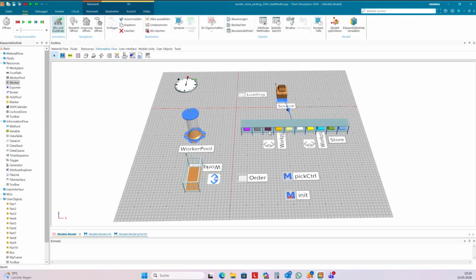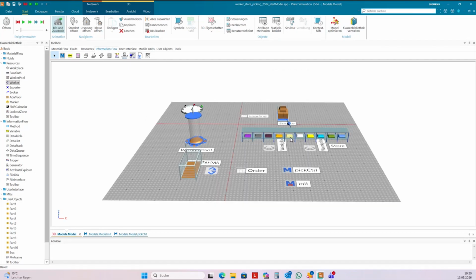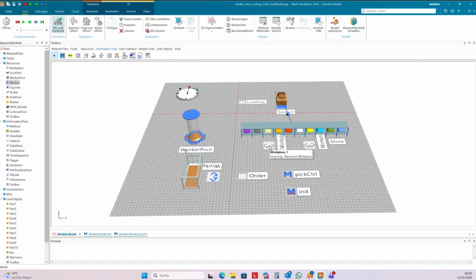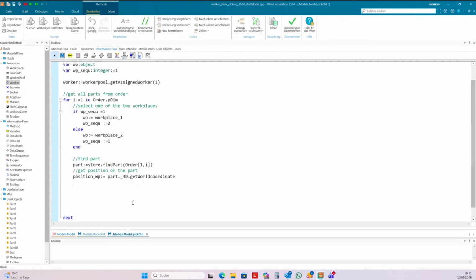Otherwise the workplace would be underneath the store, and so we need an offset in Y direction, and we need to set the set position to 0 to get the right position of the workplace. Otherwise we get a failure if we try to walk to this workplace and the workplace is not located on set 0. And so we need to correct